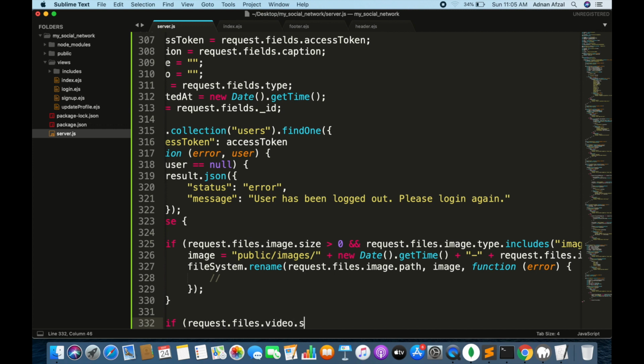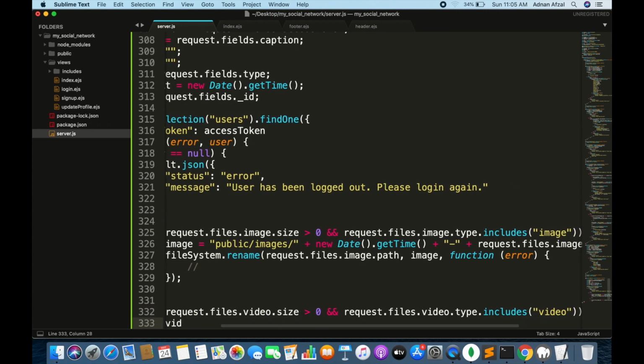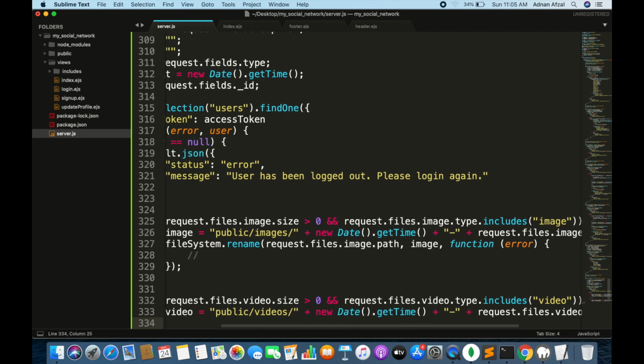And same goes for video. Check the type of input and make sure it is video. Set the value of the video variable to where the video will be stored. And the rename function will save the video file in the videos folder.